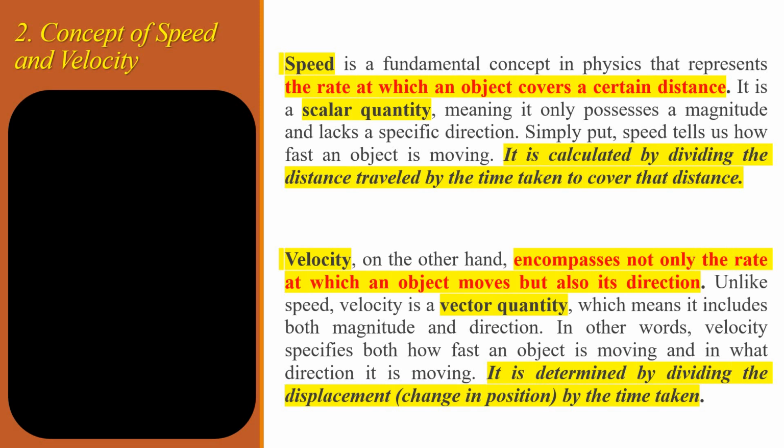In other words, velocity specifies both how fast an object is moving and in what direction it is moving. It is determined by dividing the displacement, that is the change in position, the difference between its final position and initial position, by the time taken. So we can write here